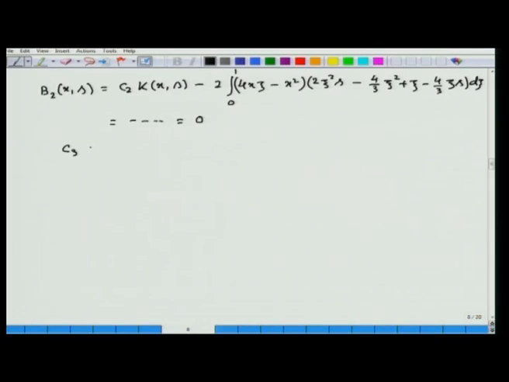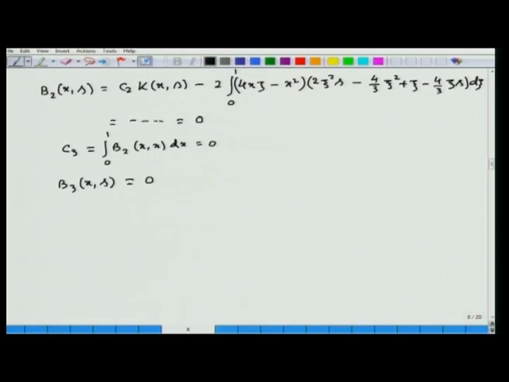So, immediately C3 equals the integral from 0 to 1 of b2(x, x) dx, which is equal to 0, and using the formula for b3(x, s) you can calculate this is equal to 0. So, C3 equals 0 and b2(x, s) equals 0 will give you b3(x, s) equal to 0, and therefore, C4 should be equal to 0 according to the formula. C4 equals the integral from 0 to 1 of b3(x, x) dx, and therefore, b4(x, s) equals 0,